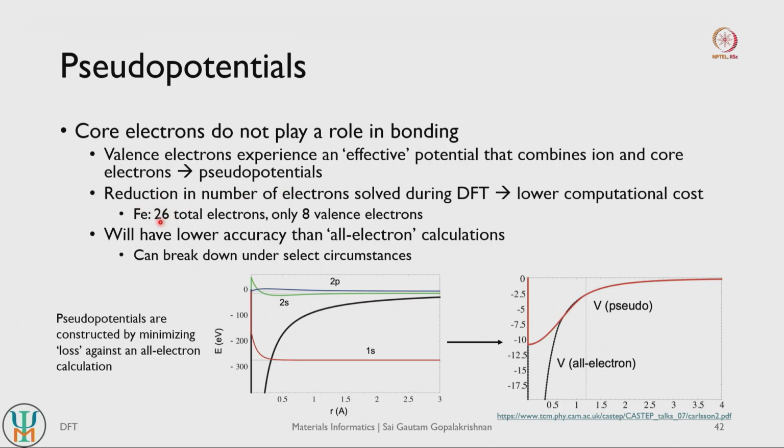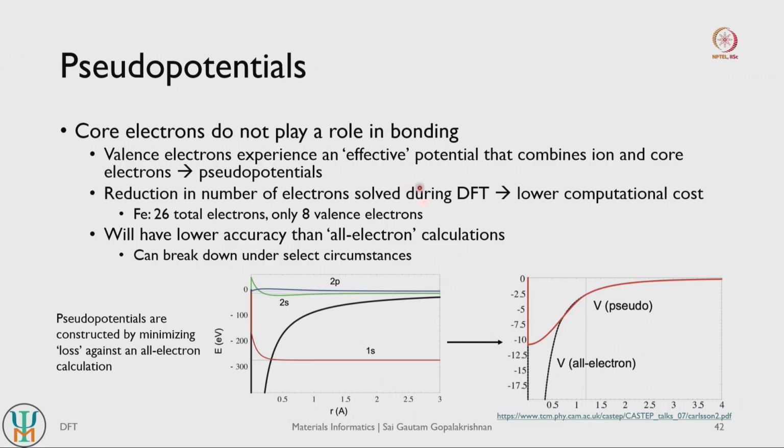They actually see 26 protons that are screened by 18 core electrons, right. So they see some kind of an effective potential. So if you now mimic all the core electrons with this effective potential, you can basically reduce your computational task from modeling all of these 26 electrons explicitly to modeling only the 8 valence electrons. So this is the basic idea behind the construction of pseudo potentials,